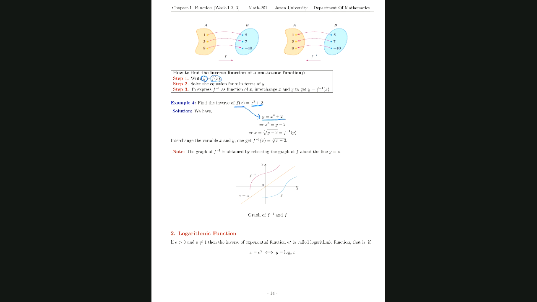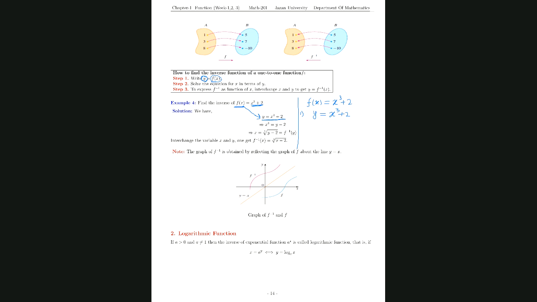Here f(x) equals x power 3 plus 2, right? Number 1 step: f(x) equals y, and then x power 3 plus 2. Number 2 step,